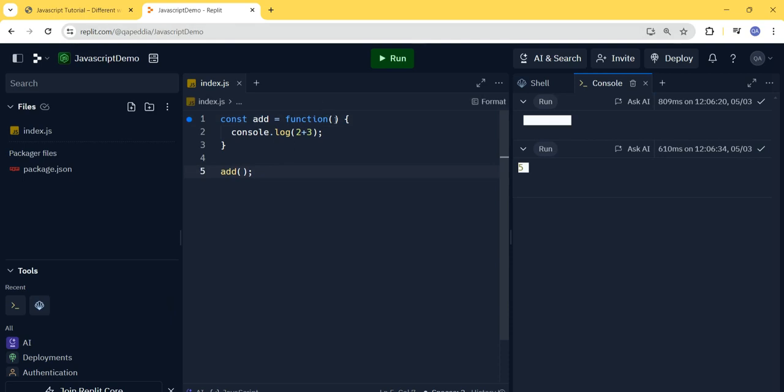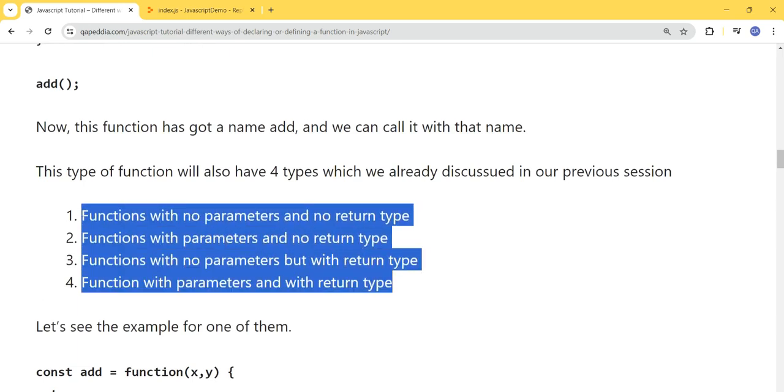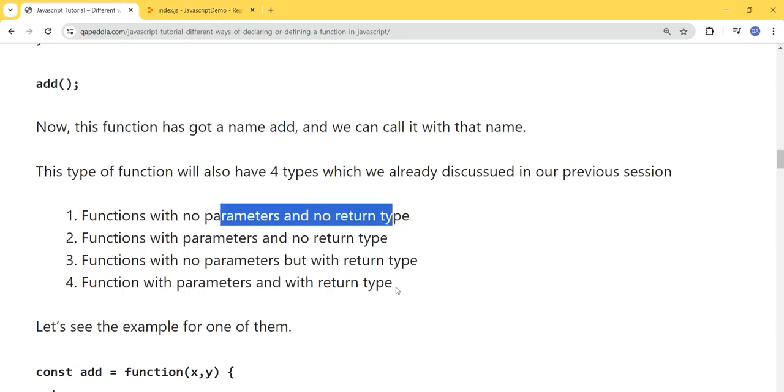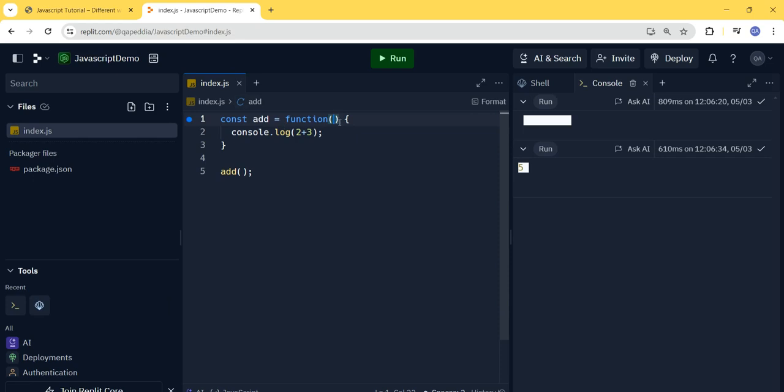Then in this case also, we can have these 4 types of function: no parameters, no return type; with parameters, no return type; and with parameters, with return type. So we will write that particular function with this type of function. So we will provide some parameters here, x comma y, and here we will write x plus y, and then if you want to call it,